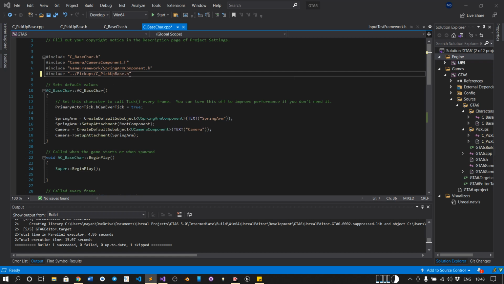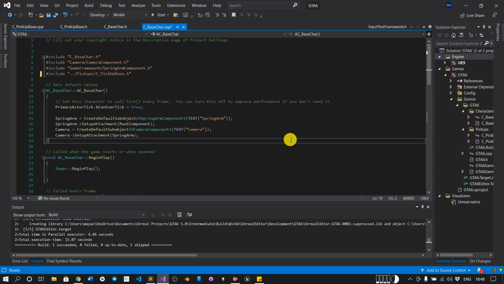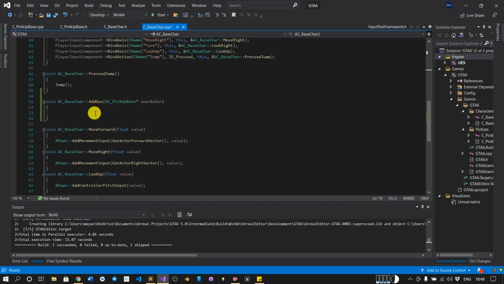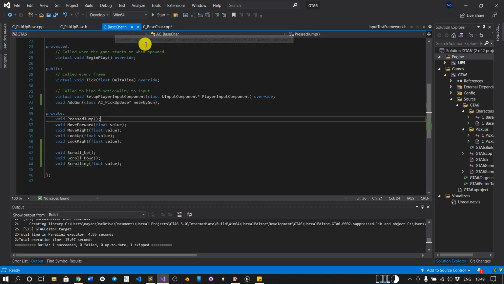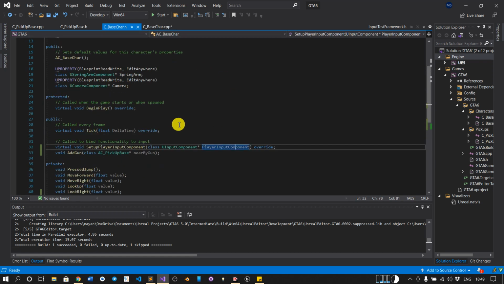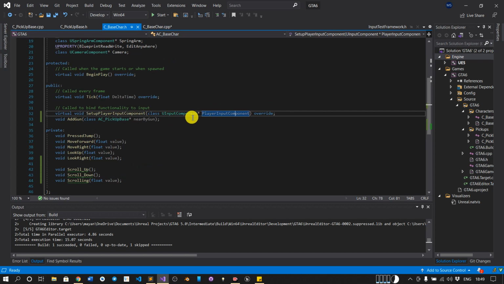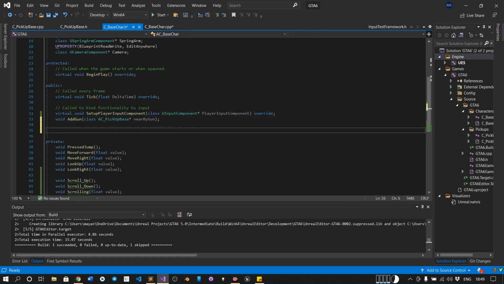Perfect. Now go back to the function, which is add gun. First we will get the UClass, or we can, okay, we haven't set the variable yet to save the gun which we will use.